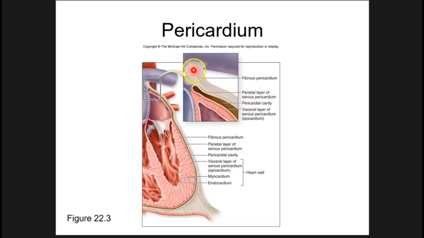So from superficial to deep, we go fibrous pericardium, parietal layer of serous pericardium, and remember this is a continuous membrane, but when it does this U-turn here and comes around to adhere to the surface of the heart, we're calling that the visceral layer of the serous pericardium. Now there's a little tiny detail right here that I want you guys to see. The visceral layer of the serous pericardium is synonymous with the epicardium,